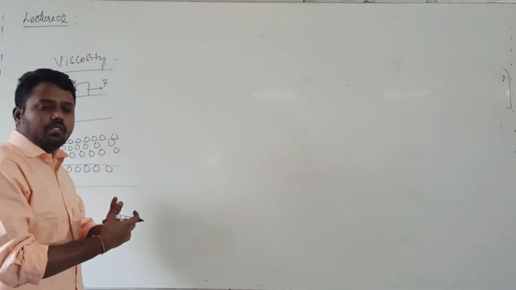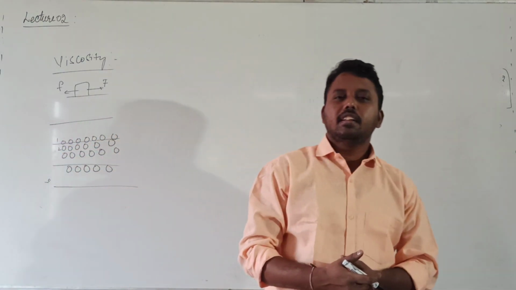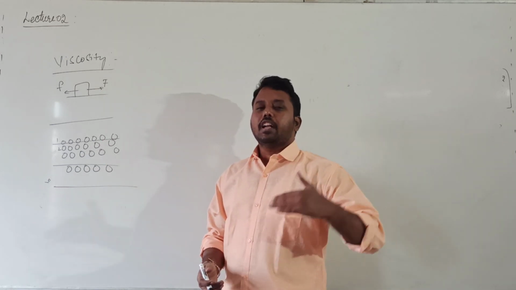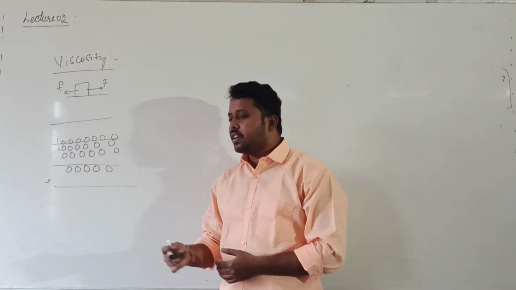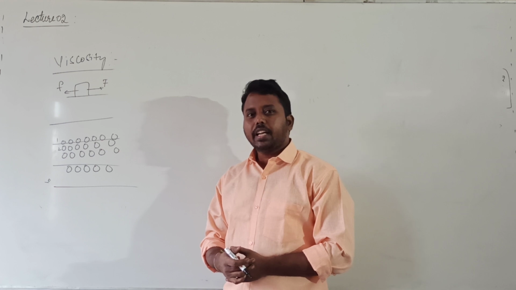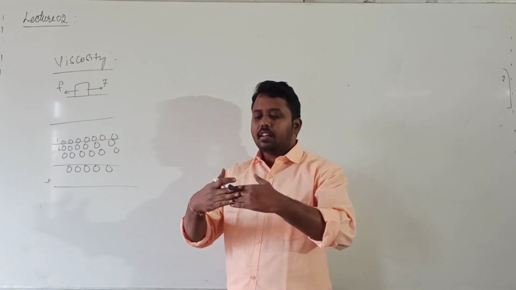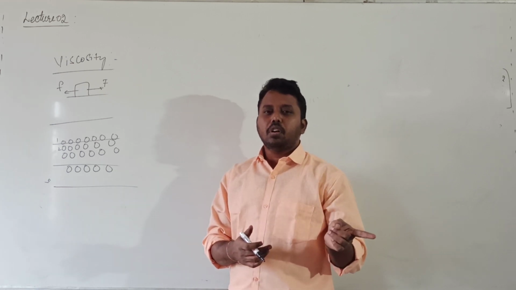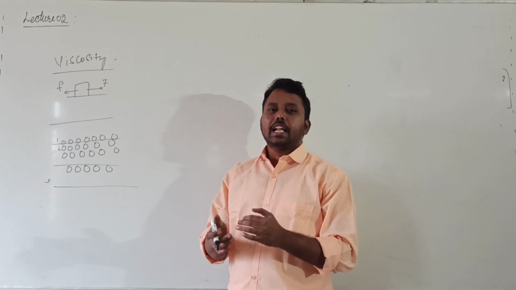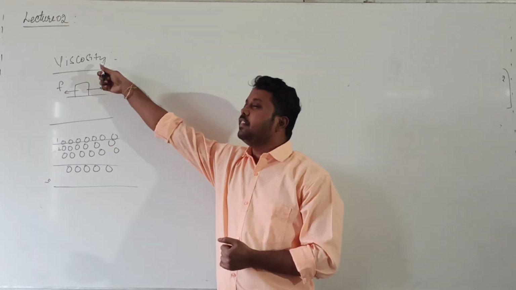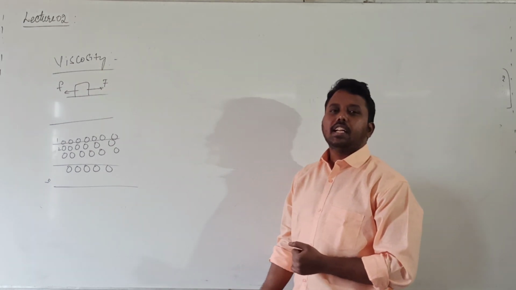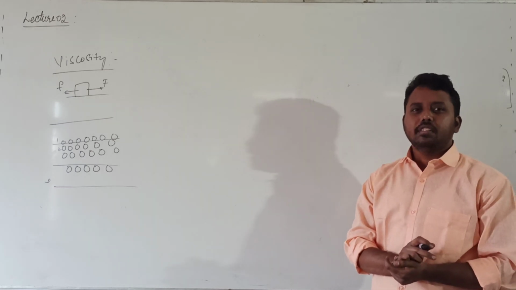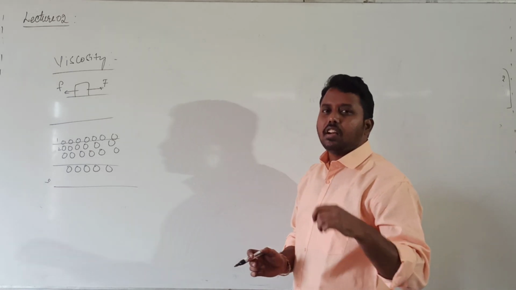So between the molecules, a force of attraction will be there. That is a cohesive force. Because of that force, one layer of molecules will not allow the other layers to move. Are you getting it? So compulsorily between the molecules, interaction will be there. That interaction will oppose the molecules' movement. So that interaction will arise as the property viscosity. Viscosity is nothing but a frictional force in liquids or fluids. In fluids, the frictional force is called what?